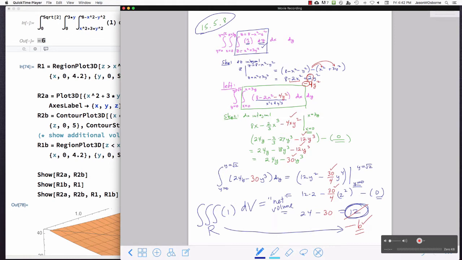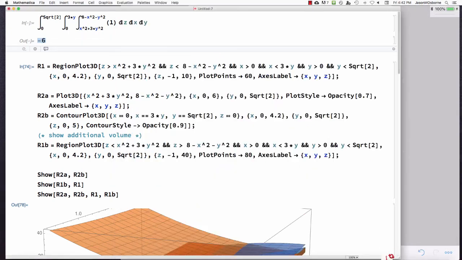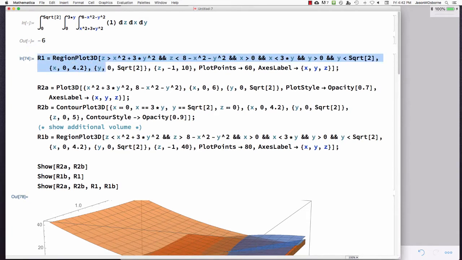And this problem is really rather a sneaky little problem that I want to show what's going on here. I've created a plot of the region. So I've plotted according to the problem that we had, that our function z goes from this x squared plus 3y squared, a paraboloid on the bottom, to a paraboloid on the top. And that's what we were seeing in this problem: z is bigger than the paraboloid on the bottom and smaller than the paraboloid on the top, for all your other x and y values. And when you do that,